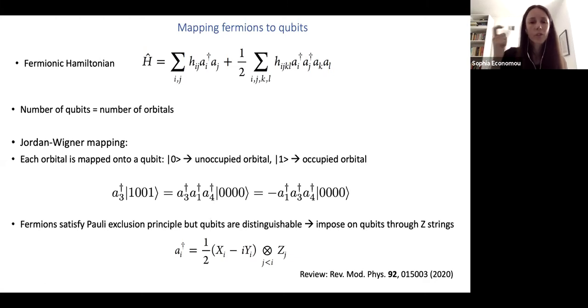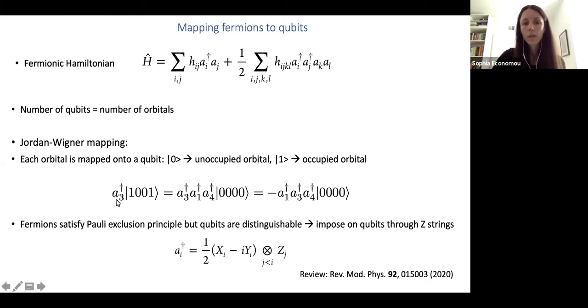So there's this dual kind of nature to the orbital, in the sense that it can be either occupied or unoccupied. And there's the same dual sense in the qubits, that it can be in state 0 or state 1. So it's a very natural mapping to map the unoccupied orbital onto the 0 state of a qubit, and the occupied to the 1 state of the qubit. And this means that each qubit represents a particular spin orbital. This is called the Jordan-Wigner mapping, but of course this is not all, because you also need to worry about